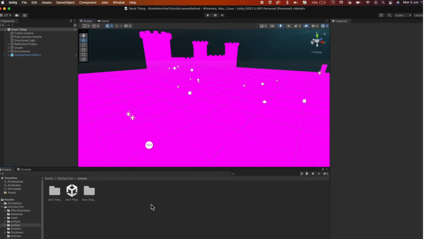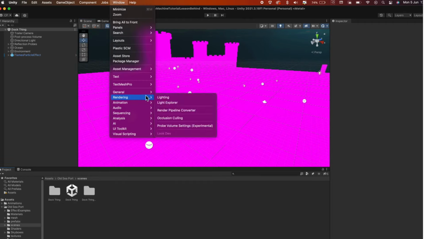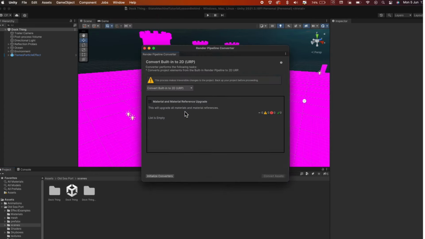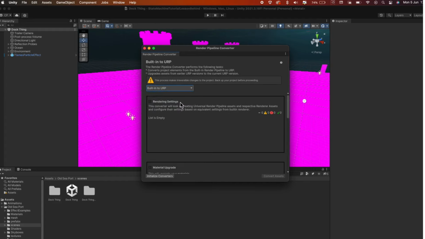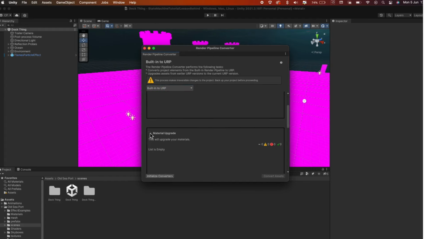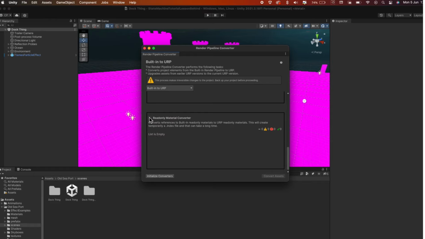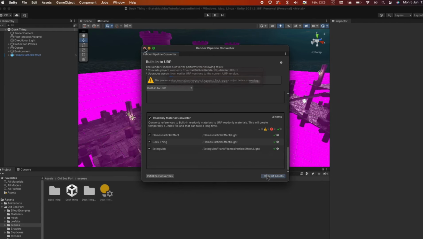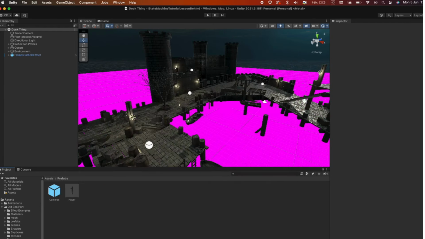To do this, we'll go to Window, then Rendering, and select a Render Pipeline Converter. Next, we need to select Built-in to URP, and make sure to check the boxes for Render Settings, Material Upgrade, and a Read-Only Material Converter. After that, click Initialize Converters. Then Convert Assets. Now, look at that,